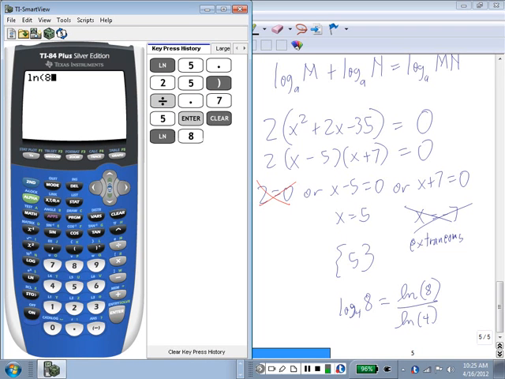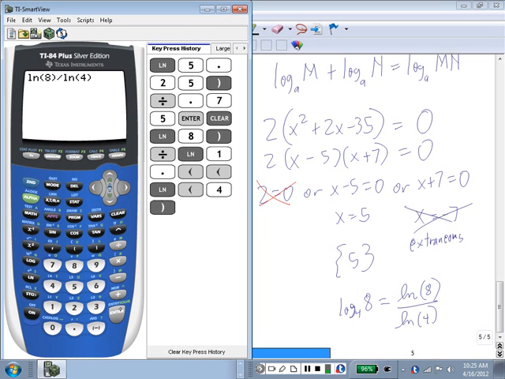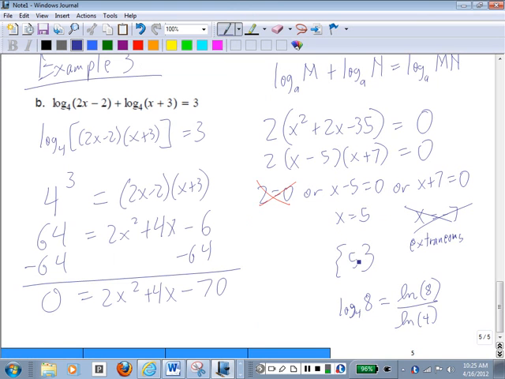Natural log of 8 divided by natural log of 4, and we get 1.5 as the answer. So you don't have to go that far in the process of checking it. All you have to do is confirm that this potential solution doesn't make either one of these arguments